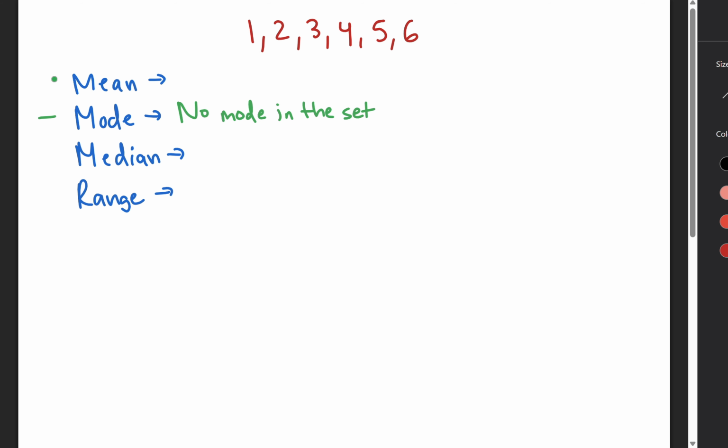Next, we're going to talk about what the median is. So the median is the number in the middle of the sequence. So in order to find this, you actually need to know what the mean is. So actually, I'm going to go back to talking about the mean. So the mean is the average